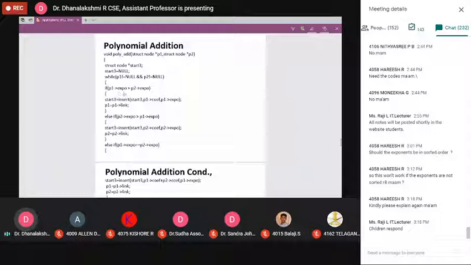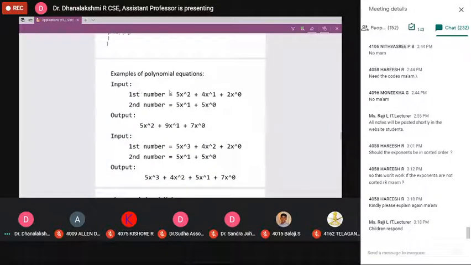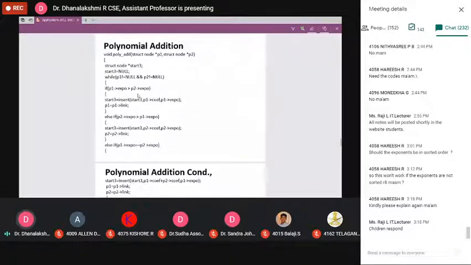P1 of exponent greater than P2 of exponent. Is it true? Then start3 is equal to insert. Call the insert function with start3, the resultant list, with P1 of coefficient, then P1 of exponent alone.